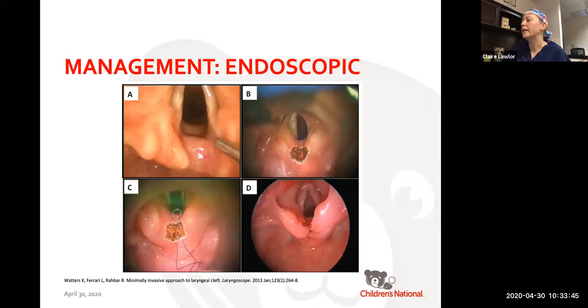Close caudally to cranially, and you can use Vicryl or PDS is what I have used. People have strong preferences. For a type 1, type 2 laryngeal cleft, it's usually only 2 sutures. For type 3, you can get 3, 4 sutures. You really need to take care to denude the mucosa at the apex of the cleft, because one of the